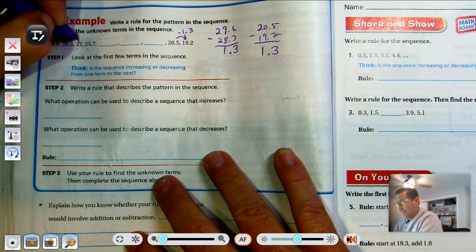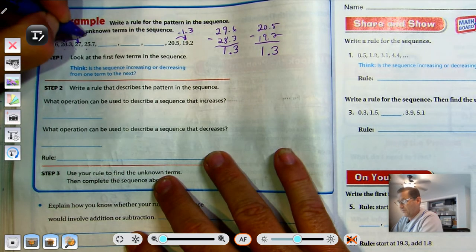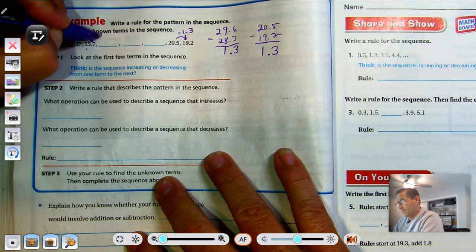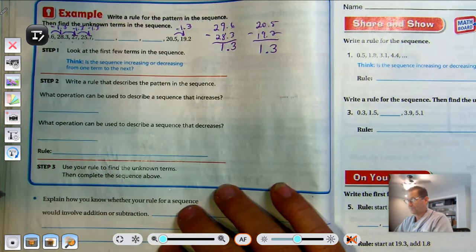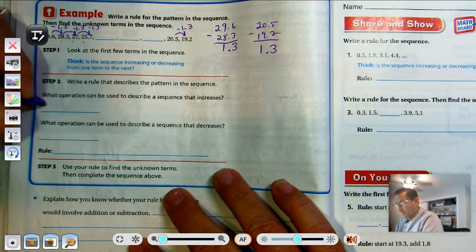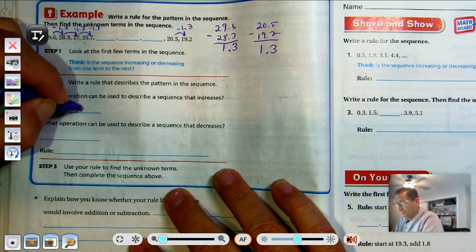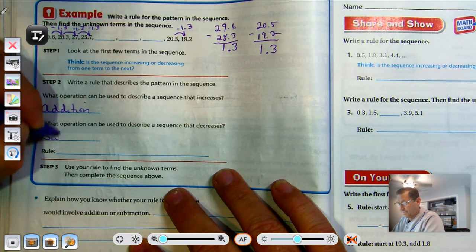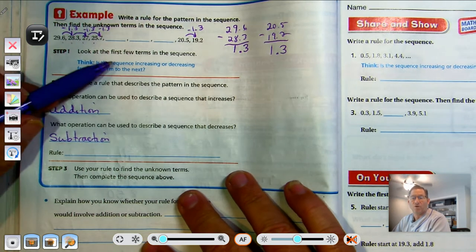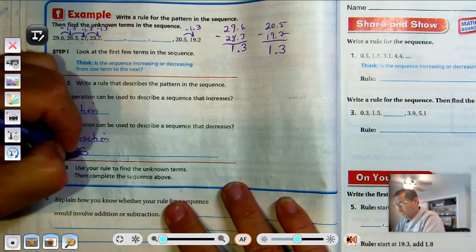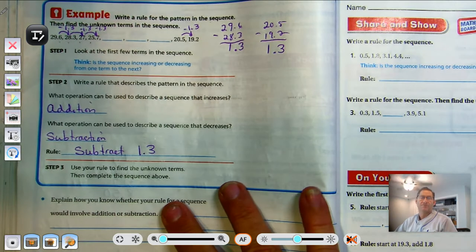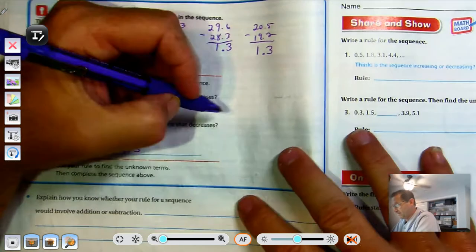So if I take away 1.3 from 28.3, I wind up with 27. All right, so now, how do I know what the next term is? Well, write a rule that describes the pattern in the sequence. If it was increasing, I would say use addition. If it's decreasing, we're going to use subtraction. So we already said that we knew it was decreasing from one term to the next. So our rule is subtract 1 and 3 tenths. All right, so all we have to do is keep subtracting to figure out our missing